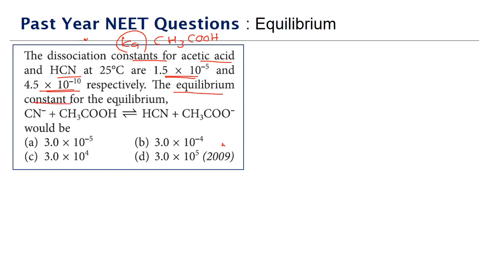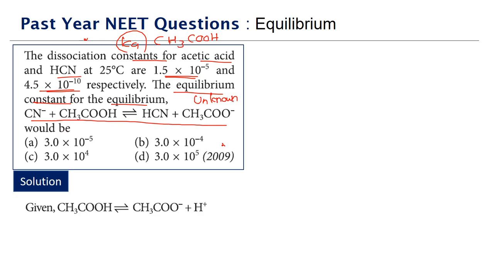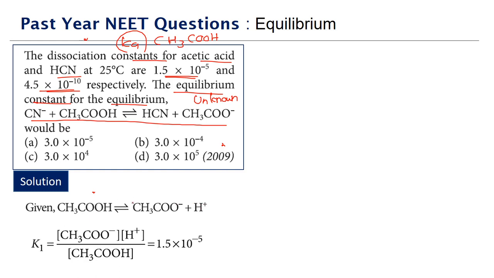We have to find the equilibrium constant of the unknown reaction. So this is based upon what? As we have already seen in some problems, it is based upon relating the equilibrium constants. First let us write down the expressions. We have acetic acid. Acetic acid dissociation means CH3COOH dissociates to give us CH3COO minus and H plus. The dissociation constant for this is 1.5 in 10 power minus 5. So let's write the expression: CH3COO minus into H plus divided by the acid concentration, that is K1. Put it as equation 1.